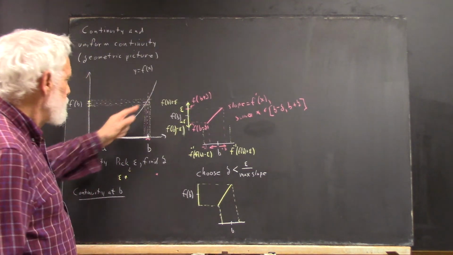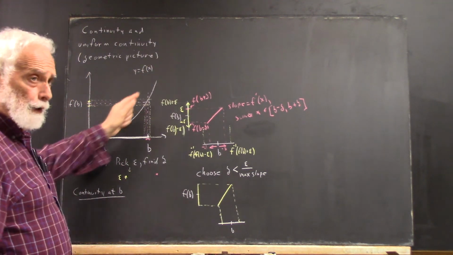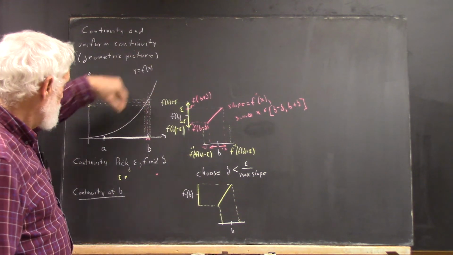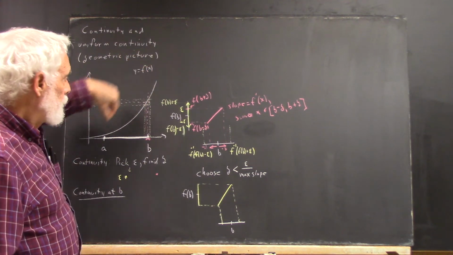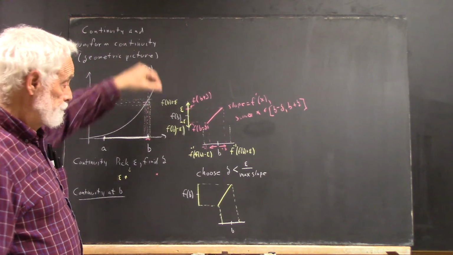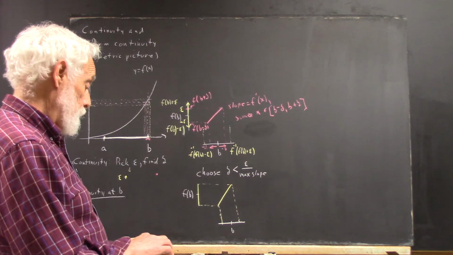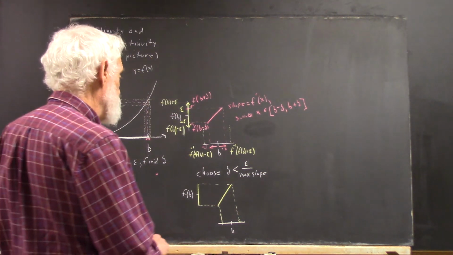This function, as I've drawn it, has an increasing slope, and I want to just confine us right now to a function with an increasing slope. Okay? If the slope is increasing,